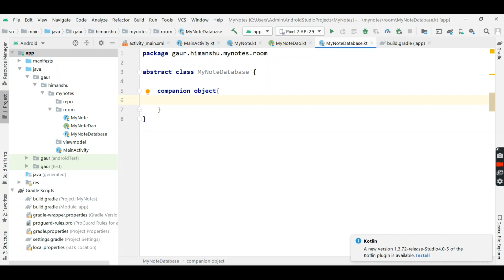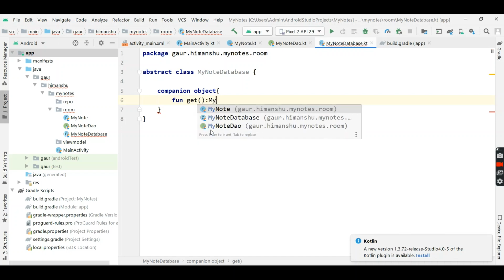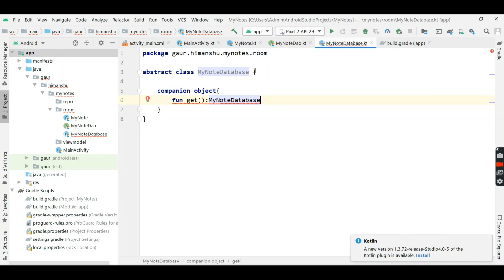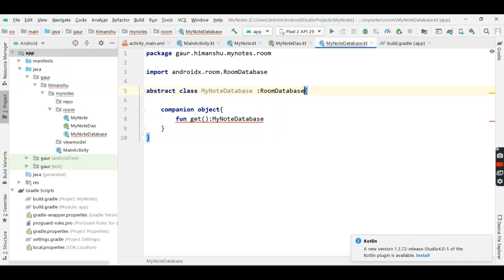Okay. So a function get which will return a MyNoteDatabase object, and we will extend it with RoomDatabase.